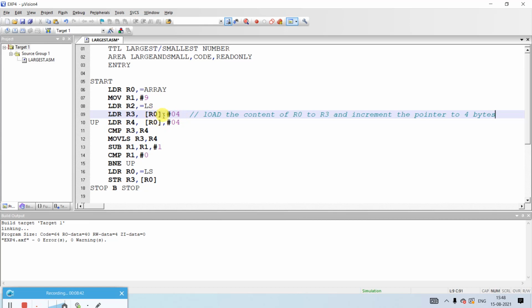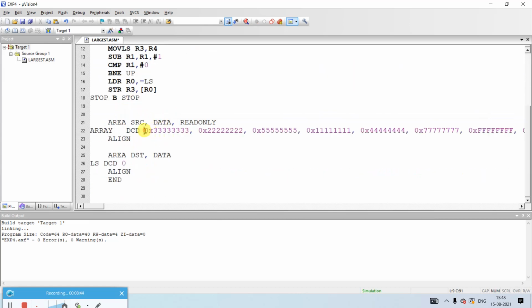Now of course we can understand that we need to compare this number with this number, and to jump from this number to this number I need to go 4 steps higher. Why? Because I told you whenever you use DCD, it will take 4 bytes of memory location, because this full number cannot be stored in one single memory location. We can't do that, because each location is only 1 byte.